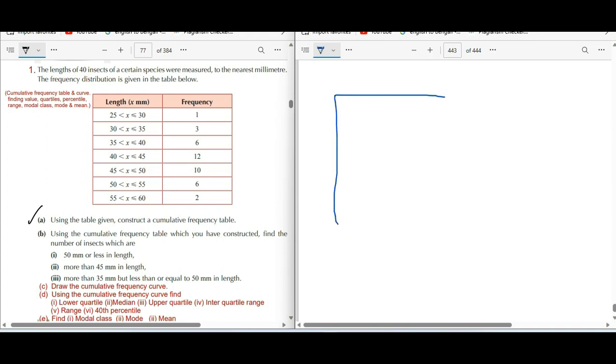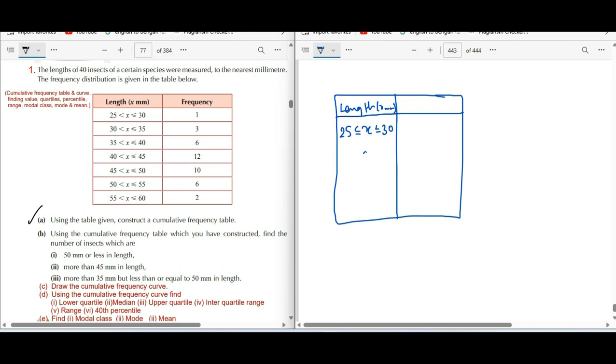So for constructing a cumulative frequency table, we are going to write these values in this way: length as x millimeter, x less than equal to 30, greater than equal to 25, and on the second place, look, this value is 35. You need to write 35, and this will go till the last value, so you need to write 25 here,